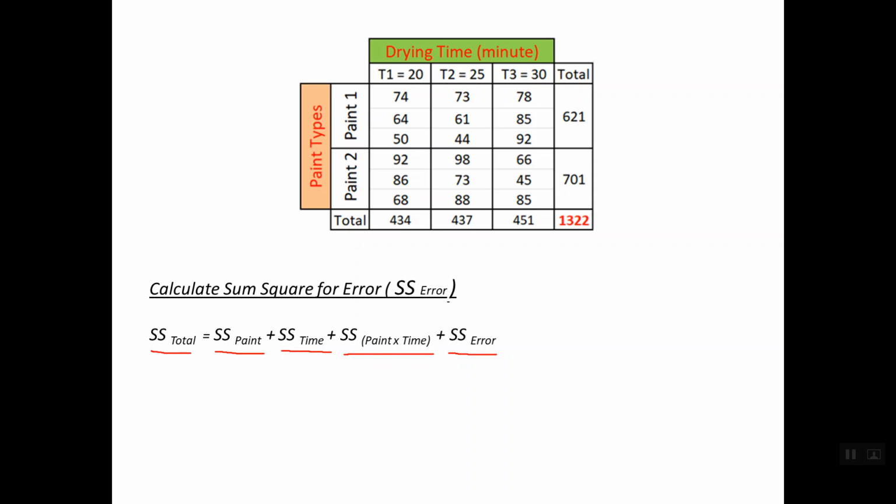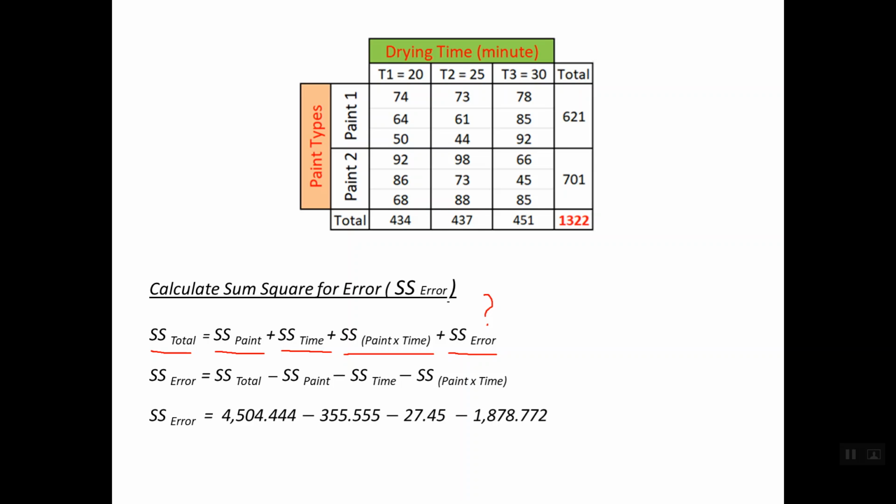So all of these are known except the SS error. So simply we can calculate the SS error by moving the other parts to the other side, so the sign will be opposite,